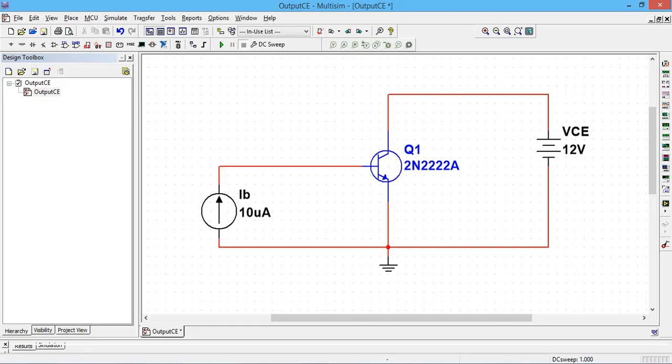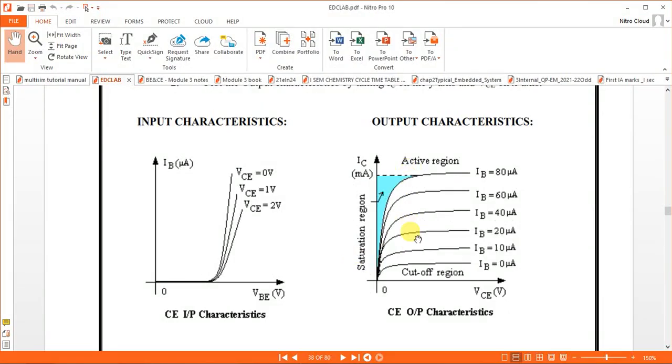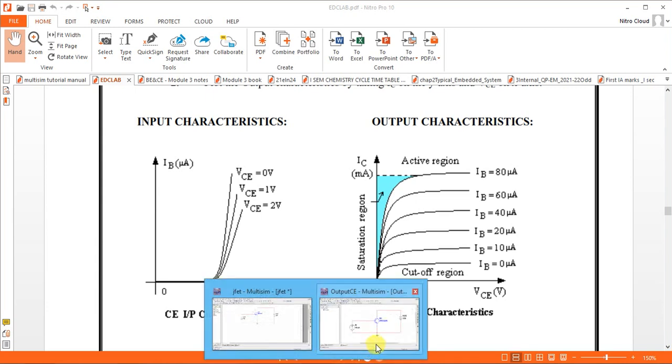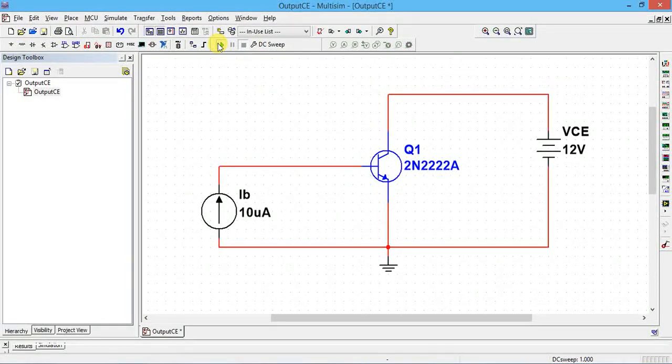Output characteristics, what is the model graph? You should get it like this. Okay, let us check it out. It is running. It will take some time, I think my system is loaded with so many software.